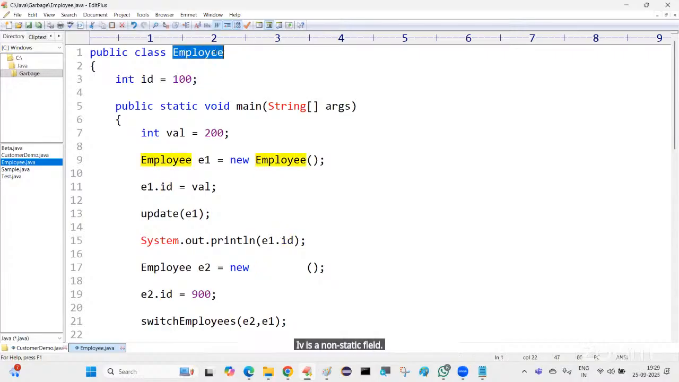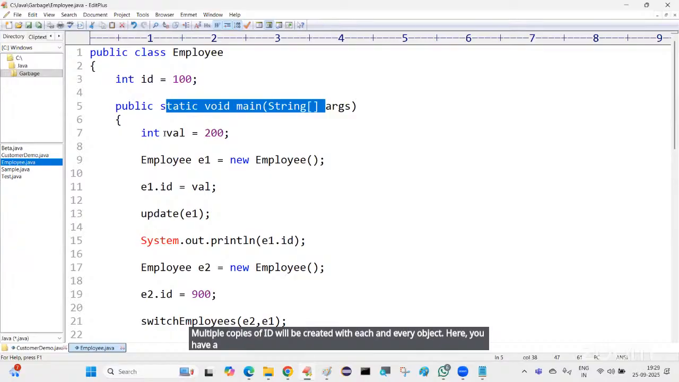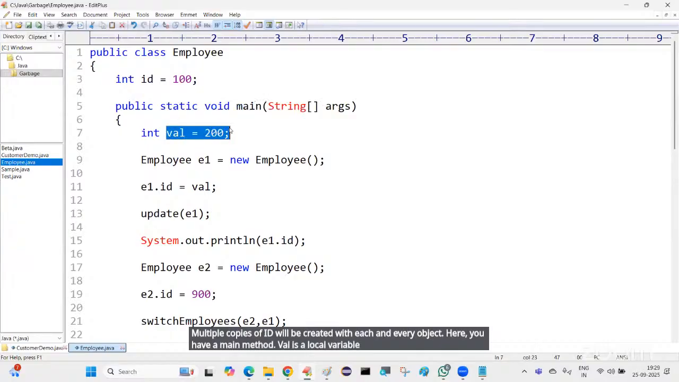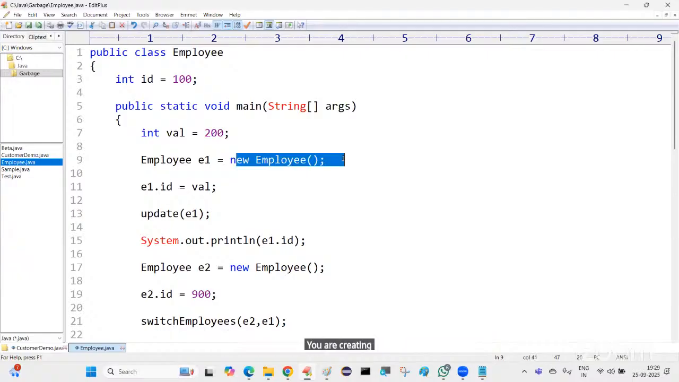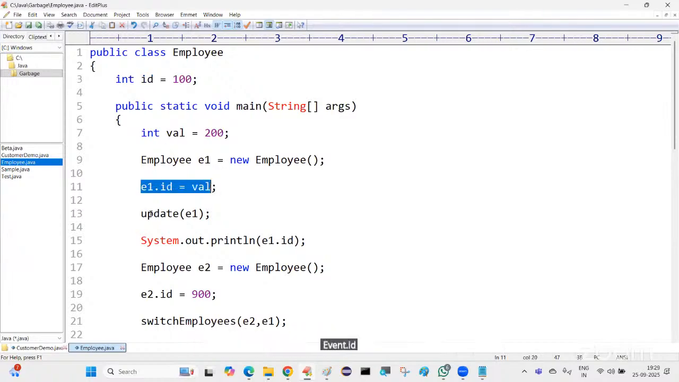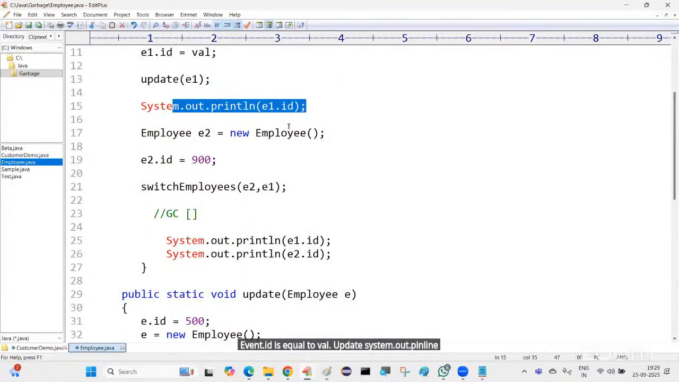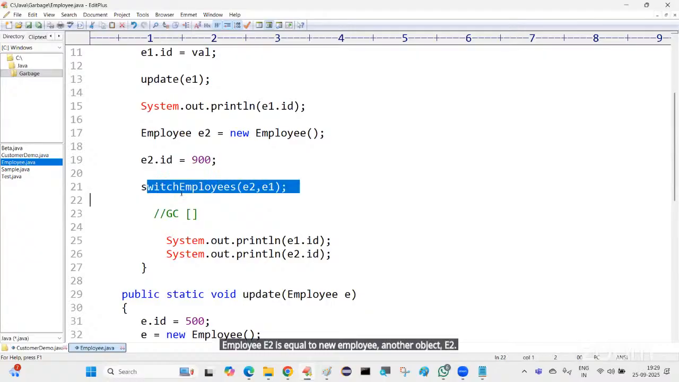So whenever you create an Employee object, multiple copies of id will be created, one with each and every object. Here you have a main method. val is a local primitive variable. You are creating one Employee object, so whenever you create an Employee object, of course this id value will be 100 always. Then e1.id = val, update(e1), Employee e2 = new Employee(), another object, e2.id,